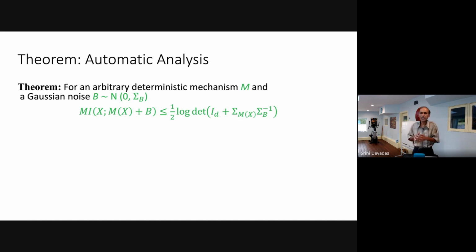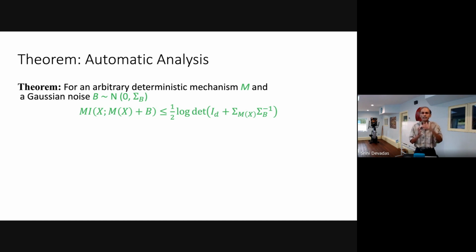But if I'm getting exactly the same thing over and over for the M of X, well, basically I already have Shannon perfect secrecy, and I don't have to add any noise because I got essentially 0 for a sigma M of X, right? So there's a relationship here, and this is the intuition. There's a proportional relationship between the variance of M of X and the noise that I need to add. So the greater the variance,